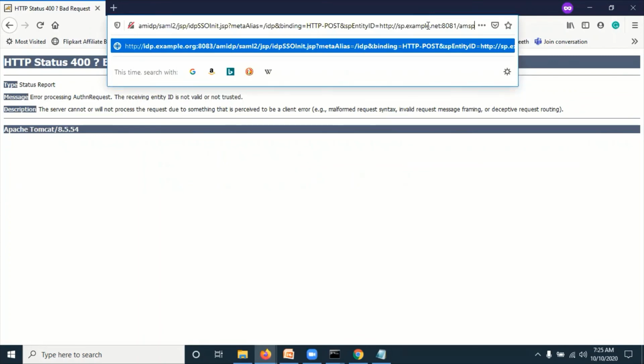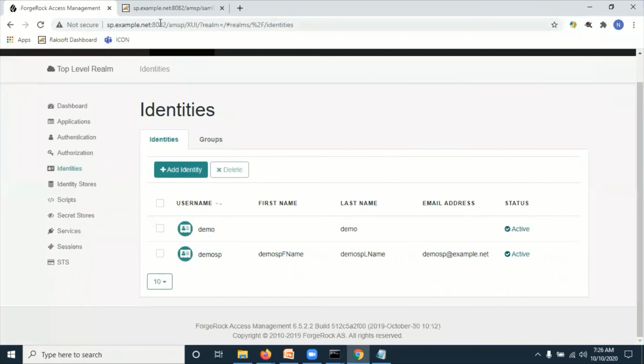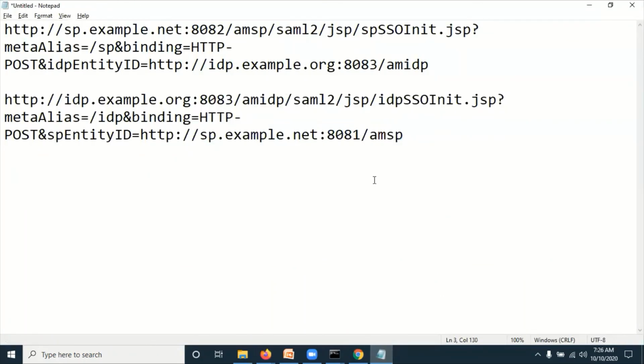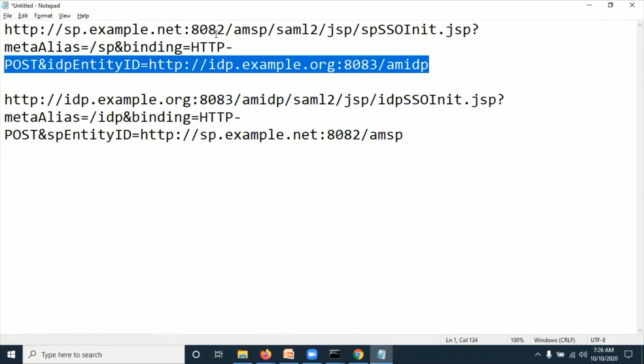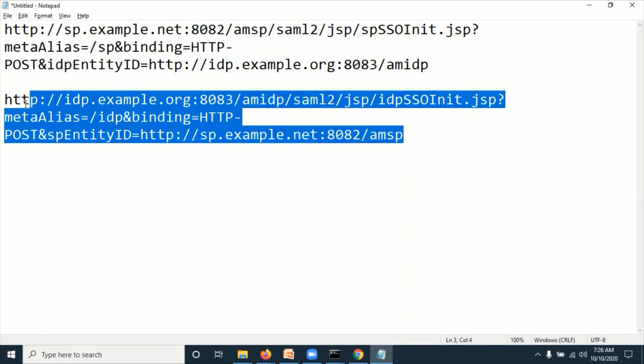So the port is wrong. What is our SP entity ID port? The SP provider port is 8082. Here I have to give 8082. So the same way, the IDP here is 8083 and the SP is 8082. That is my mistake.